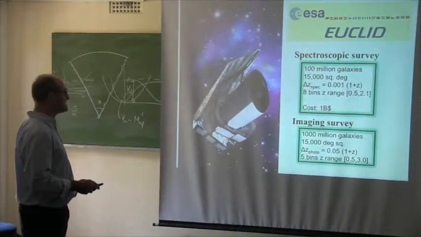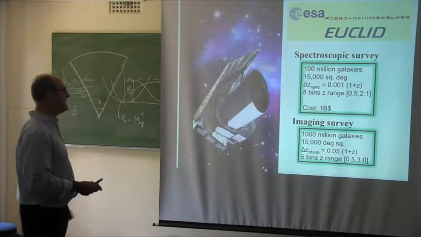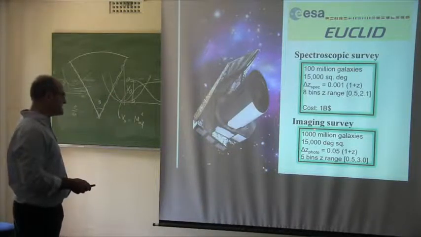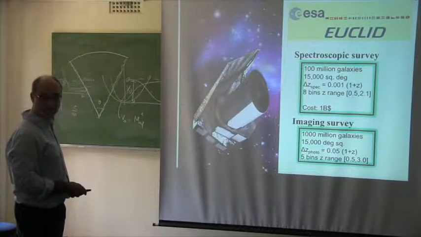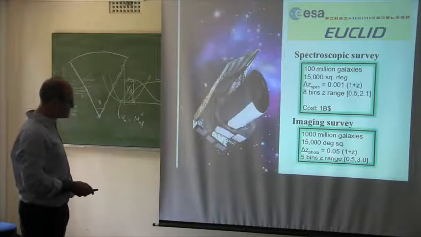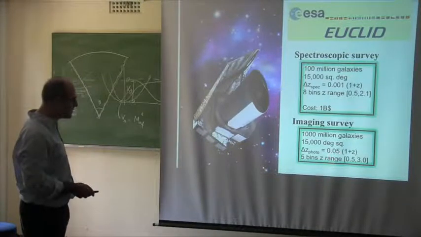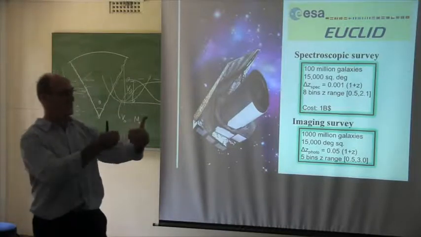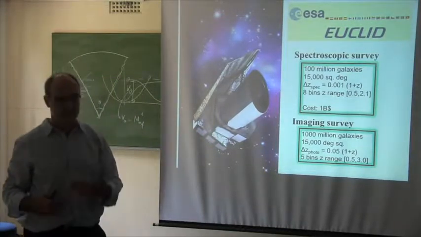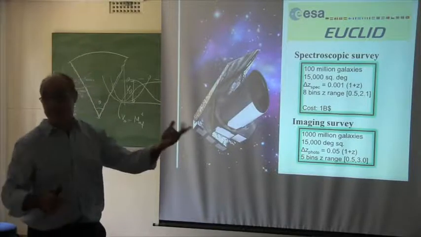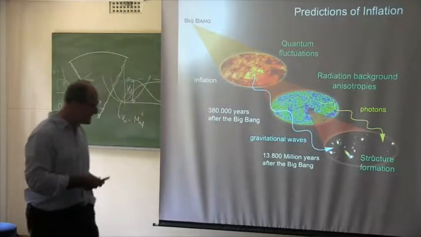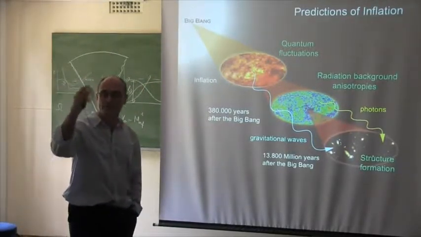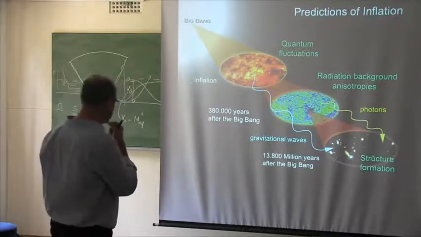Now, it not only has a spectroscopic survey, it also has an imaging survey. So it's making images also. And these images will go all the way to 1,000 million galaxies. They will cover 15,000 square degrees, but with a very bad photometry. It doesn't have enough filters to resolve those objects. Even though it has many more, its uncertainty in photo-z prevents them from doing tomography. Tomography cannot be done. Okay, and with this I end this part. Maybe I've gone over time, I'm sorry. That's fine. A few minutes.